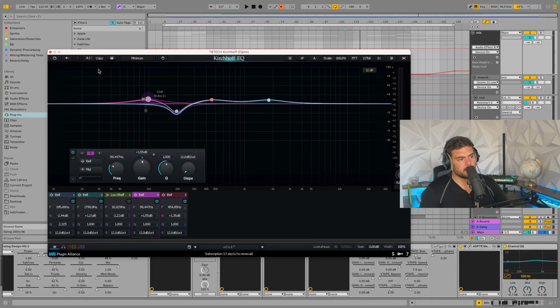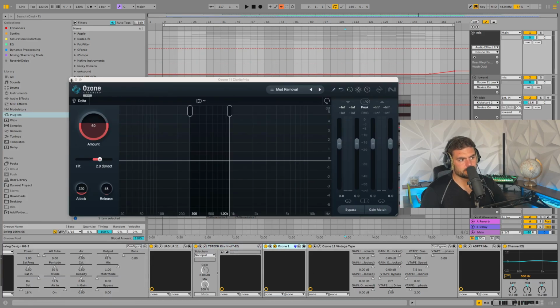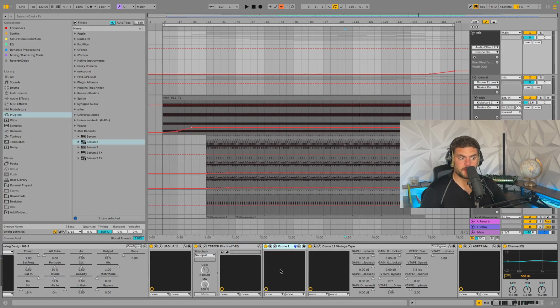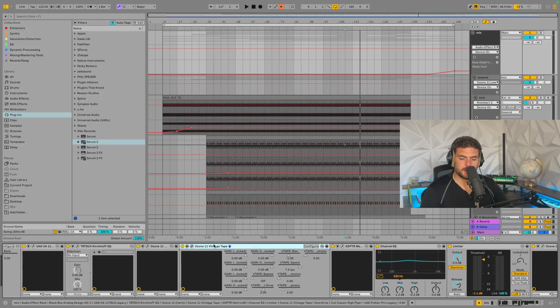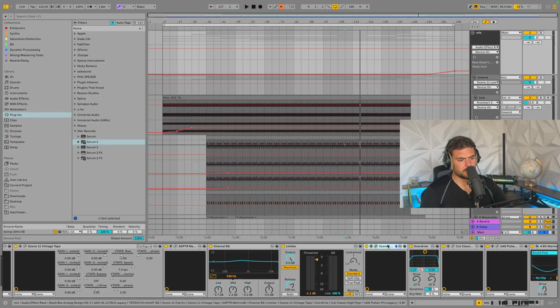Some EQing here, quite a lot going on here, different EQing insertion points, mid and stereo, etc., which I can go into later. We're using a bit of Ozone because I got the trial. A tape from Ozone, a little bit of EQ, maximization, more Ozone,